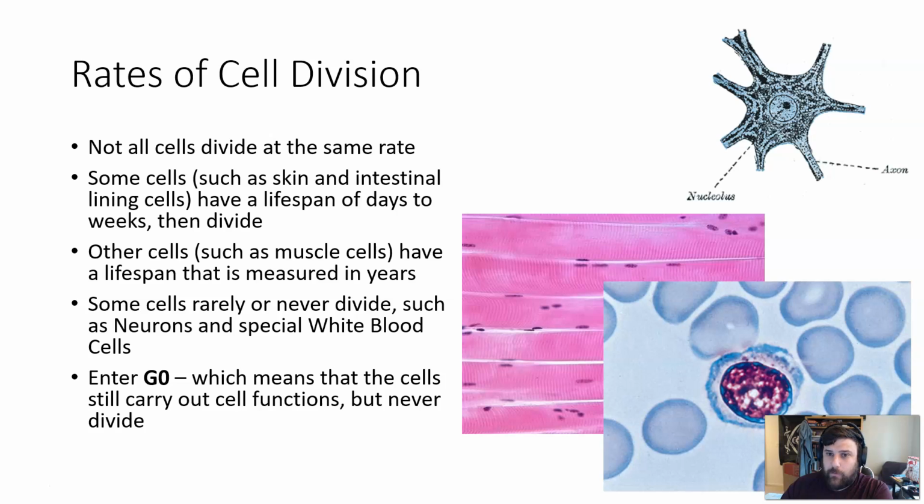So, before we wrap this up, I want to pose a question to you guys. Why do you think that it would be beneficial for cells to never divide? Why is it beneficial for something like a neuron, a brain cell? Why would we not want it to divide? How is that beneficial for us? And we will discuss this more in class. Until then, I'll see you later.